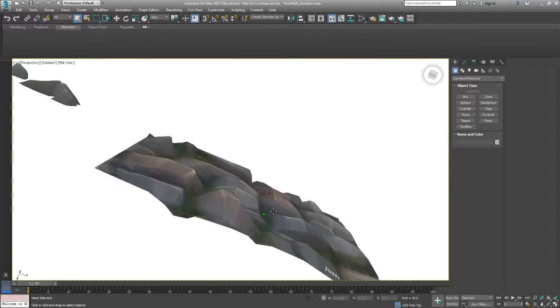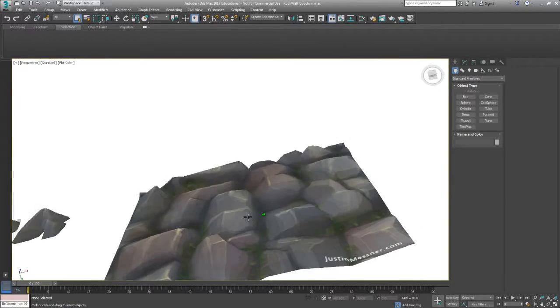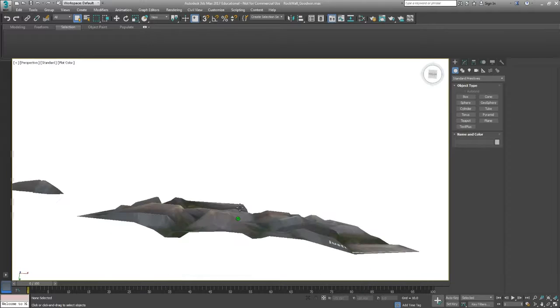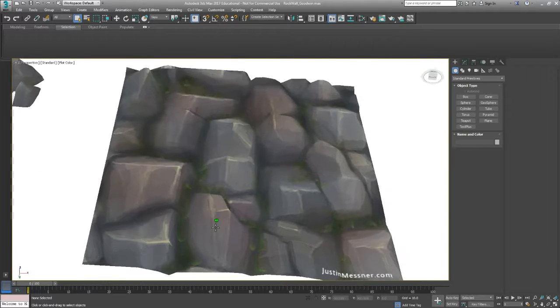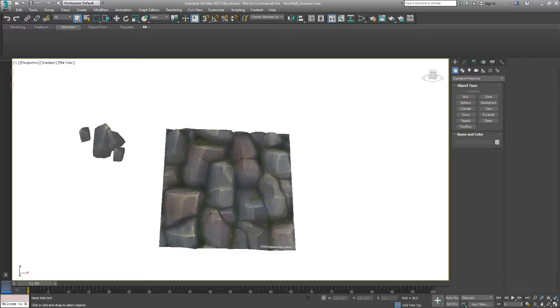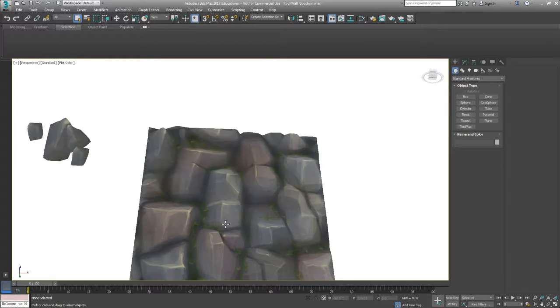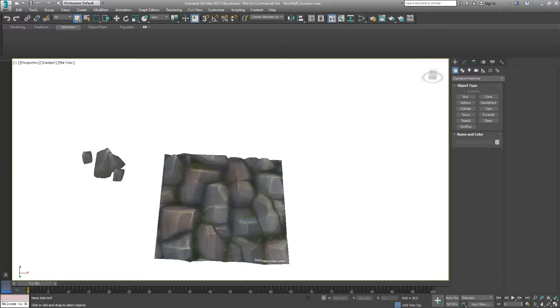But anyway, you see you got this nice rock wall, and this is going to be really useful if you've already textured, say, a barrel or another, just a wall or something. You want to add some details to give it a little bit more spice, give it a little bit more detail without having to redo your UVs completely. Now, you don't want to do this for massive details, but for stuff like this,